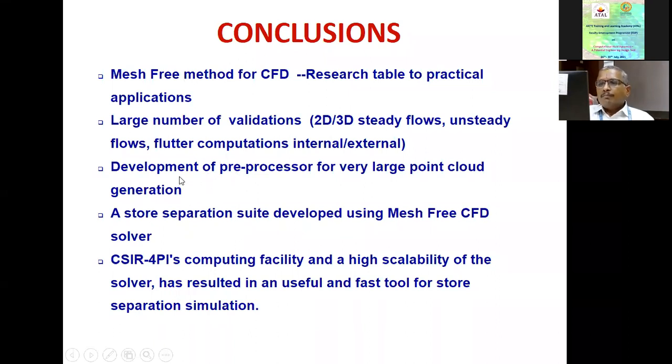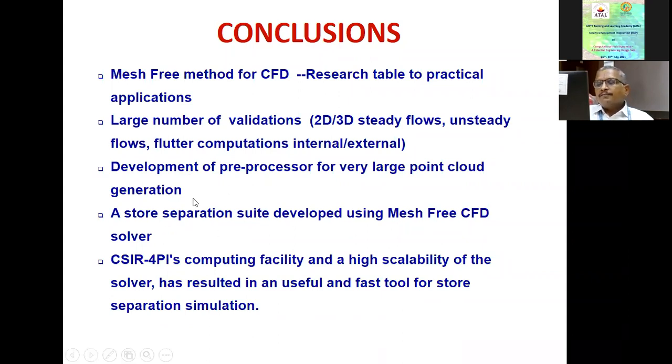So we have built this. A group of very young scientists have been putting a lot of effort into it. I would like to mention Niranjanan, Keshav, and Manish. These are the people who have put a lot of effort into this. We have only given ideas at a later stage. They have really put a lot of effort in this.